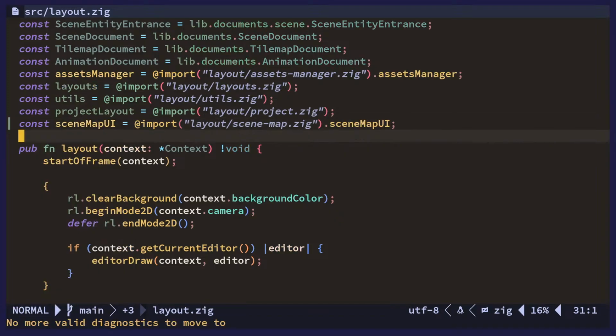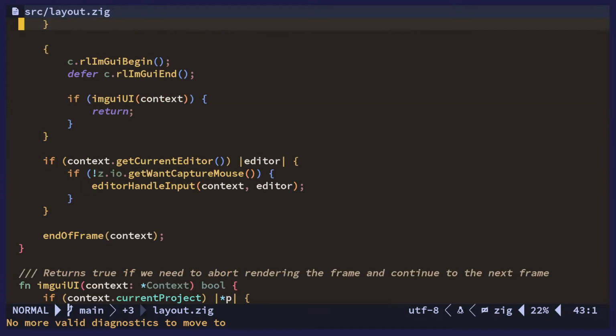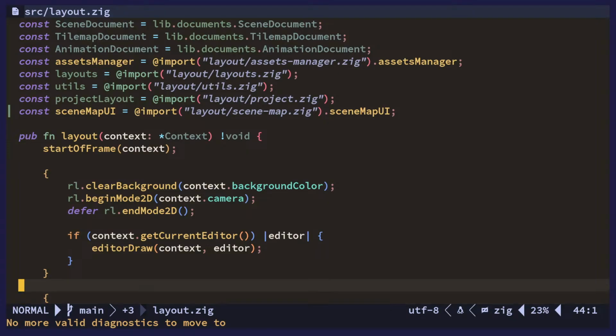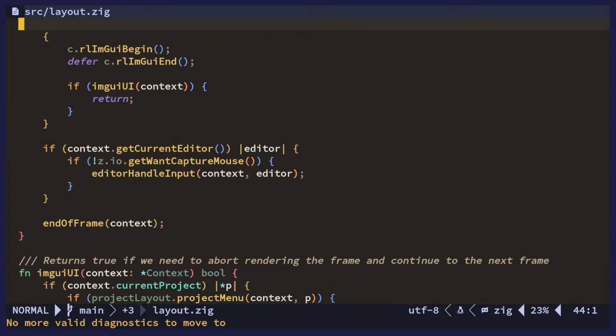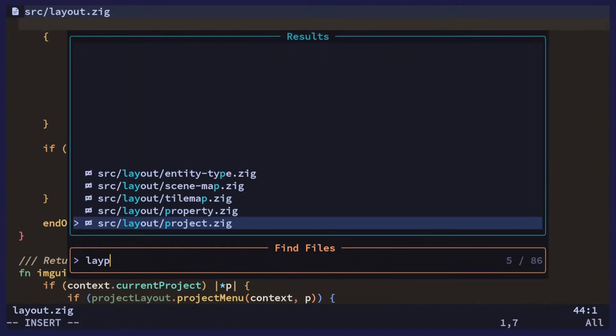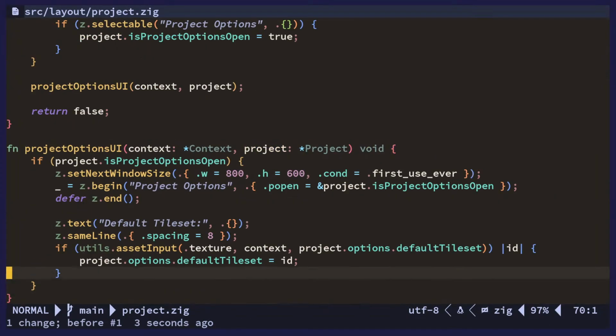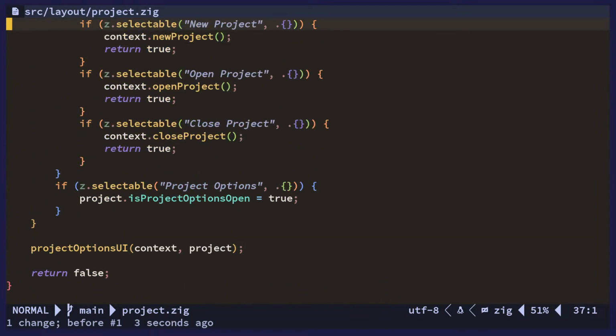There we go. Now we're actually calling it. Okay, now we need a way to actually open it up. So I think I do want to have a shortcut for it, but first I'm gonna add it to the project menu. Project. So there's the options menu. Let's just add,